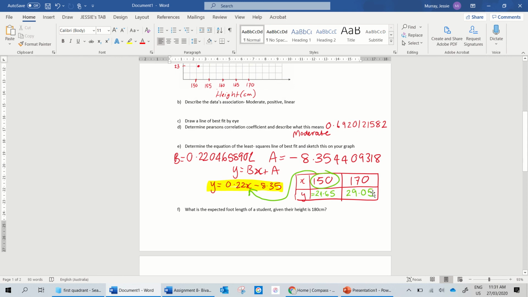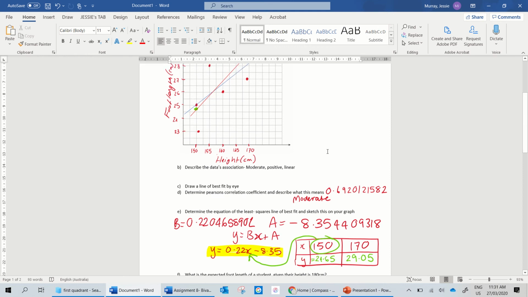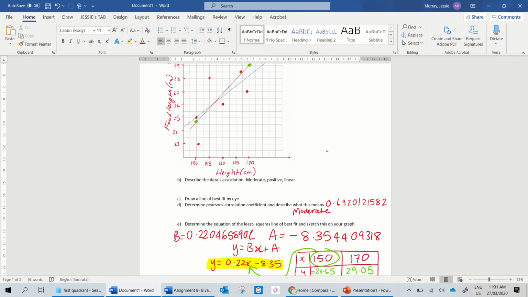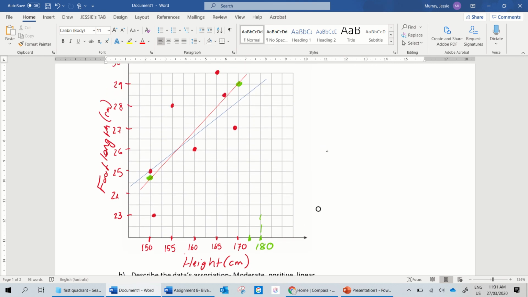Alright, so then it says, what is the expected foot length of a student given their height is 180? This is where I use my least squares line of best fit. So 180, think about where that would be on your graph. Well, I've got 175, 180. Sorry, I'm a bit shaky, I've just had a coffee. Let me just fix that. 180. Alright, so I'm just going to follow that up